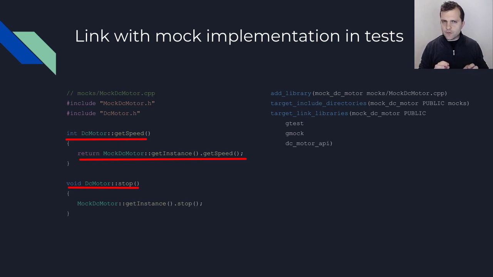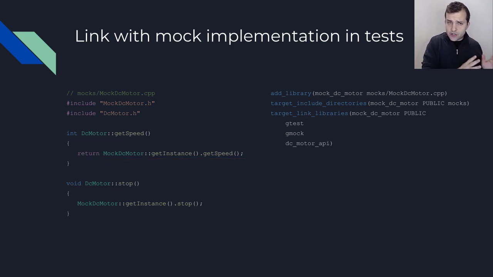If it makes it easier for you to see the equivalence, we could have had two dcmotor.cpp files, one in the production source directory and another in the test directory. In our tests, when the car class invokes a DC motor instance, the implementation that gets called is the one in mock-dcmotor.cpp. And since the singleton of the mock-dcmotor class is being invoked, we can set expectations on it without having